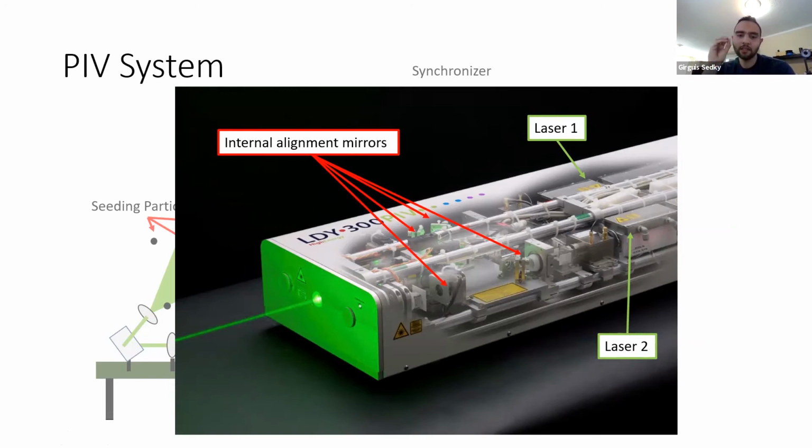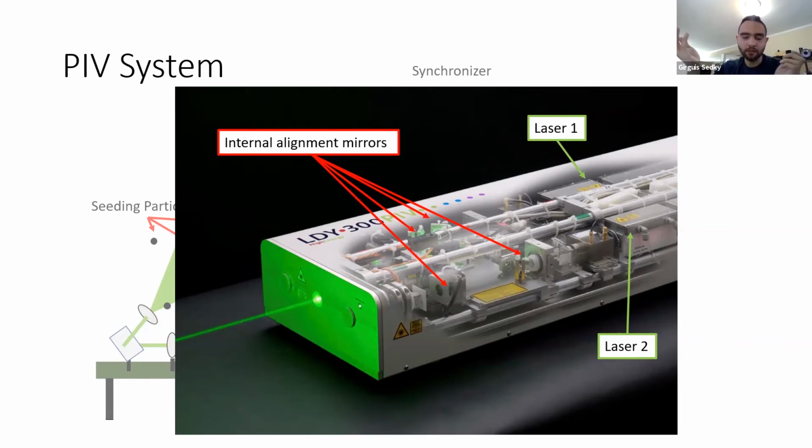Every laser has a limitation on the frequency you can pulse it at. For example, the green laser that I used earlier has a maximum pulse frequency of 15 hertz. So it physically cannot do more than 15 hertz pulsing. But what if you need to image flows where the correlation will only work if you have 200, 300